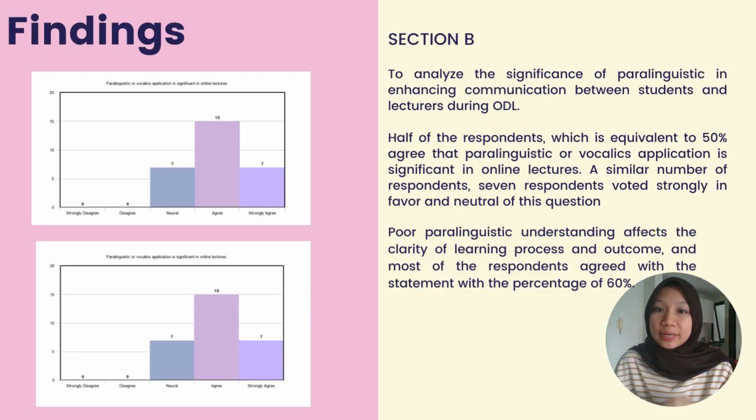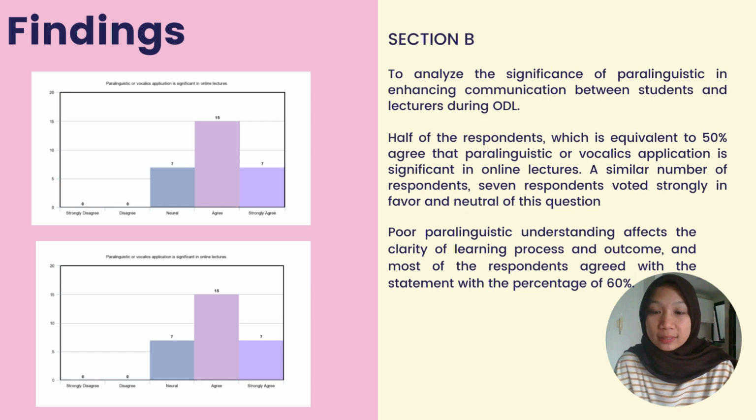In section B, participants were asked to rate the importance of different vocalic categories such as tone, rhythm, and pitch on a Likert scale in relation to their impact on virtual communication. The results of this section provide insights into whether the participants believe paralinguistics have a significant impact on virtual communication. The main objective of section B is to analyze the significance of paralinguistics in enhancing communication between students